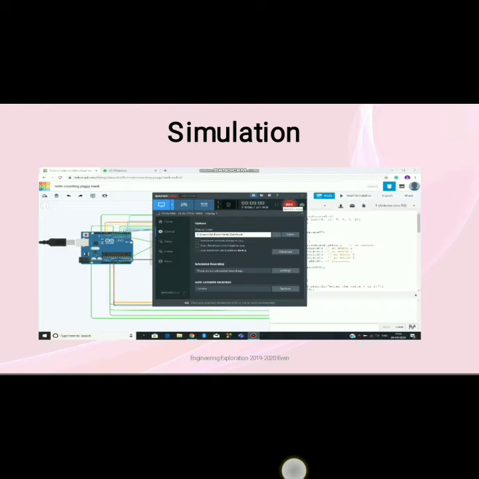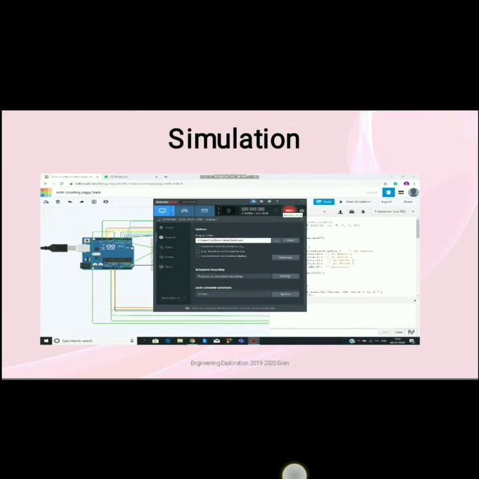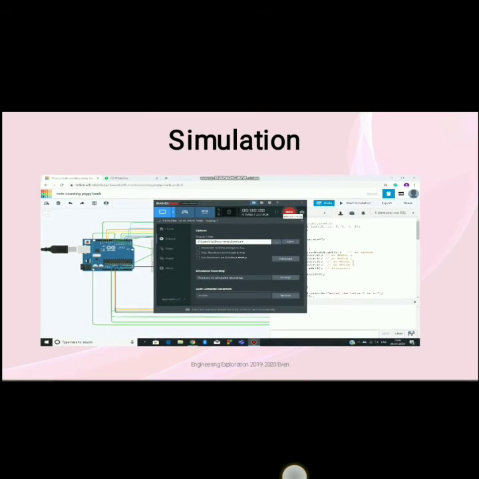In the simulation video, we have the circuit which consists of two DC motors, two IR sensors, an LCD screen with potentiometer and resistor, and we also have an H-bridge driver to connect the DC motors to the Arduino Uno. According to the code, the LCD screen is connected to the digital pins 12, 11, 5, 4, 3 and 2. DC motors are connected to the digital pins 0, 1, 8 and 9 of the Arduino Uno. One IR sensor is connected to the digital pin 7, which has the variable name button state, which controls the movement of the DC motors.